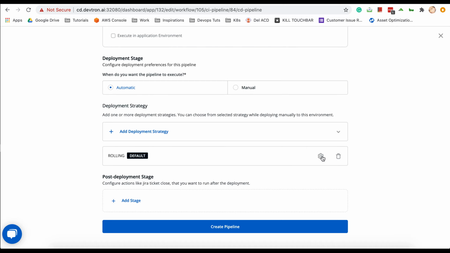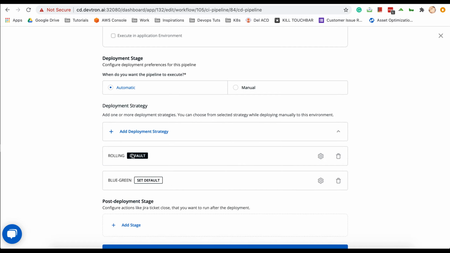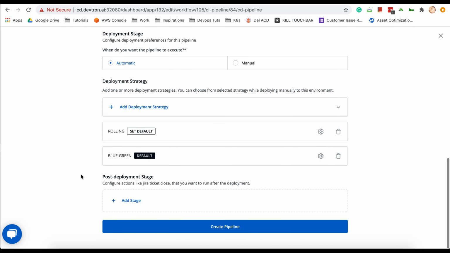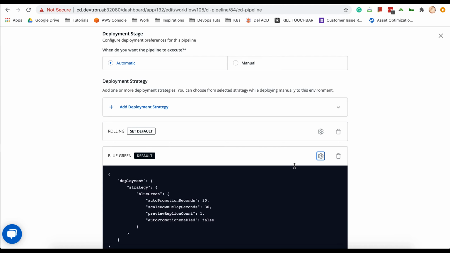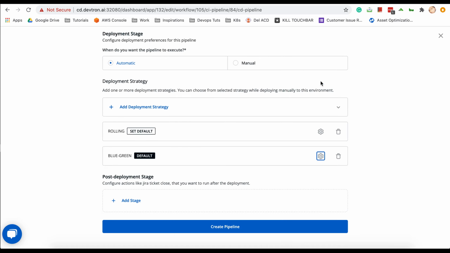I'll select the deployment strategy to be blue green. You can also select it to be canary, recreate, or rolling. I'll select it as blue green for this particular demo. You can also configure the deployment strategy configurations by clicking over here. Let's keep it default for now